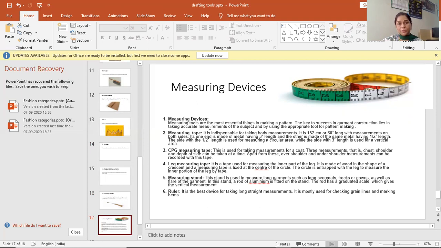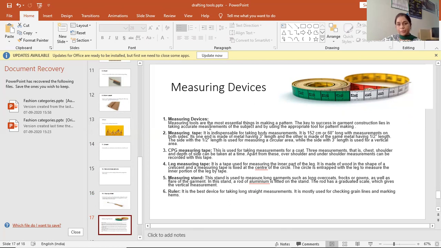Now the CPC measuring tape. This is used for taking measurements for a coat. Three measurements, that is chest, shoulder and depth of side, can be taken at a time. Apart from these, over shoulder and under shoulder measurements can be recorded with this CPC measuring tape.